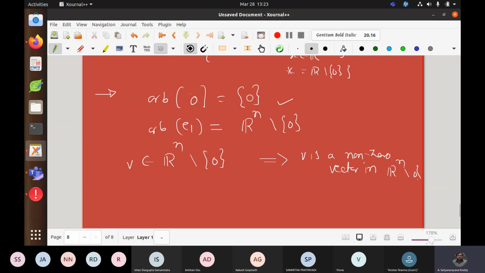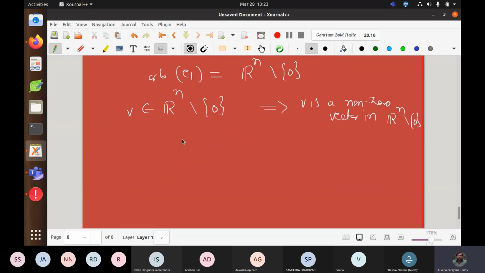Now what is your goal? You have to find a matrix A such that A times (1, 0) equals V. Put the first column as V first. Very good, very good. Then adjust the entries somehow so that the determinant is not 0. But that is 100% correct. But we need to go by our previous knowledge, some theorem, some certain things. So go slowly. What do you know about V?